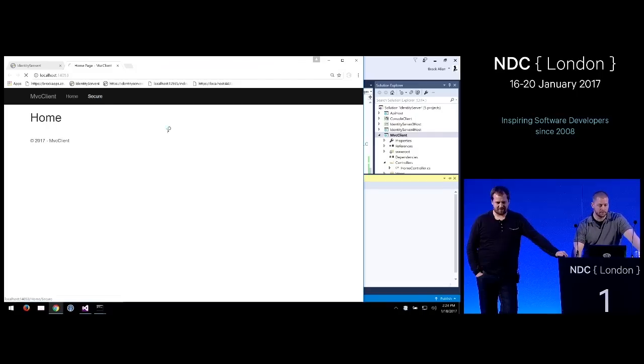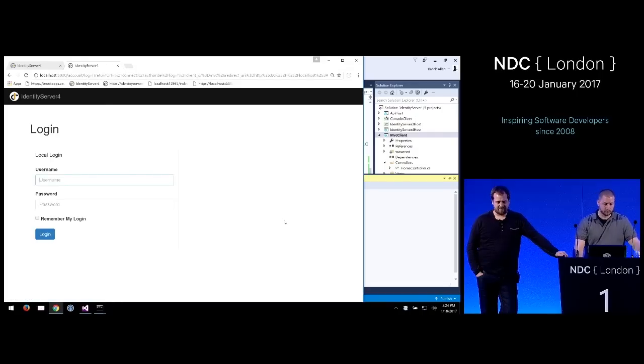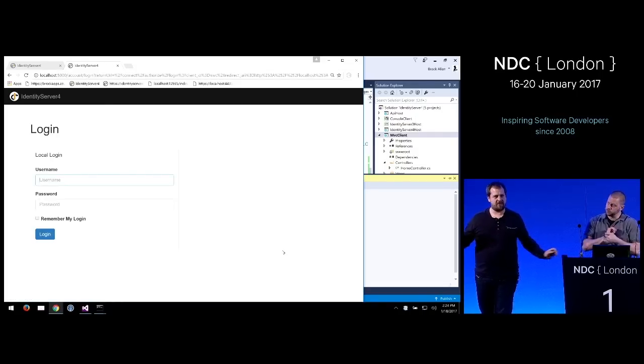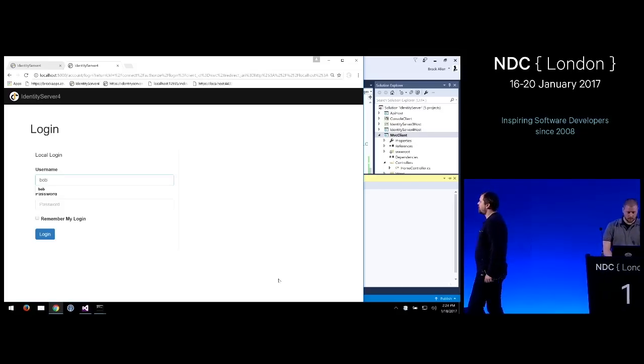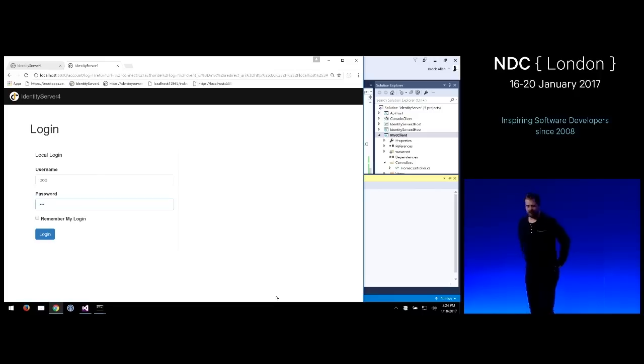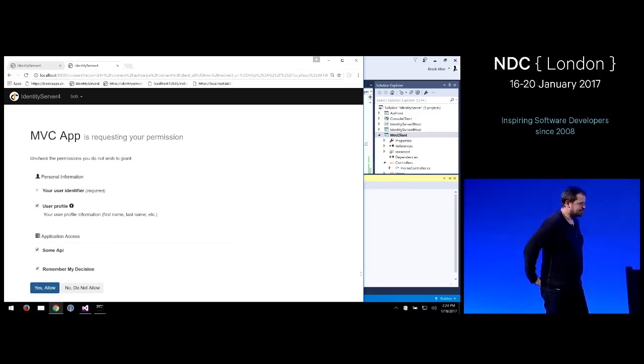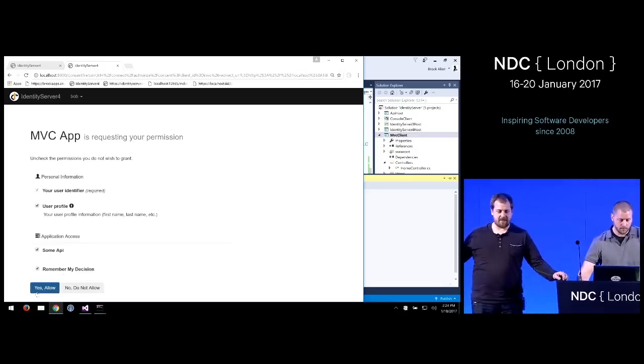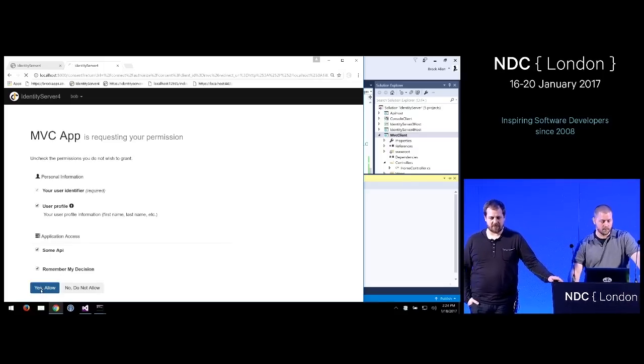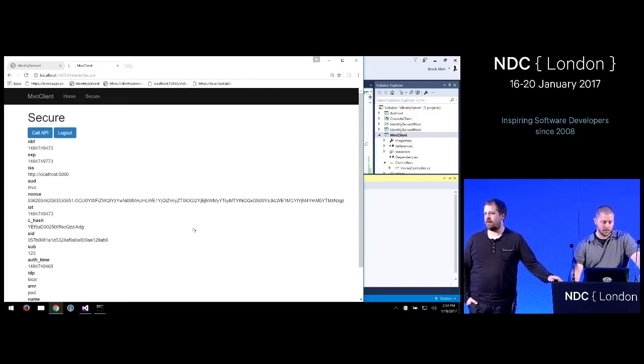Okay, one more time. There we go. So that's the template UI, or the sample UI. It looks pretty much like the old UI. That's the consent screen. Again, you can change that in whatever way you want. And here we are, back.